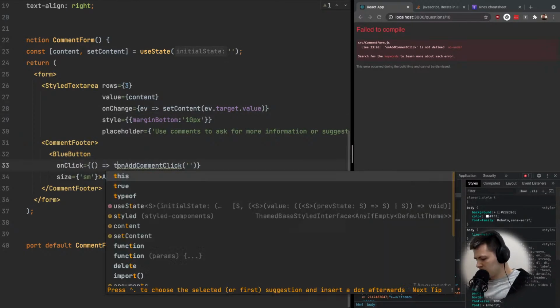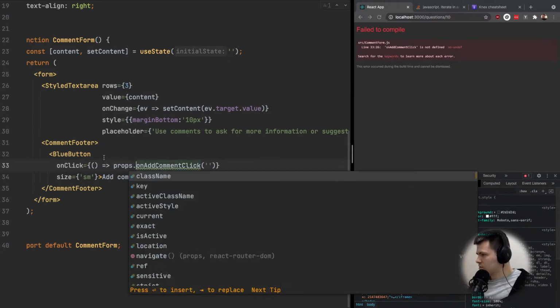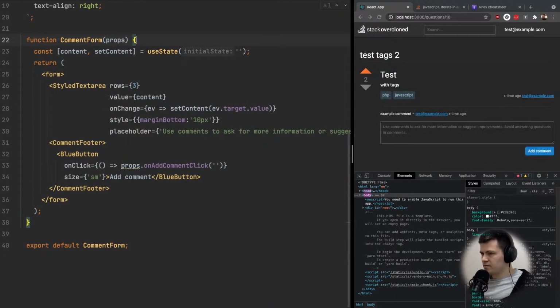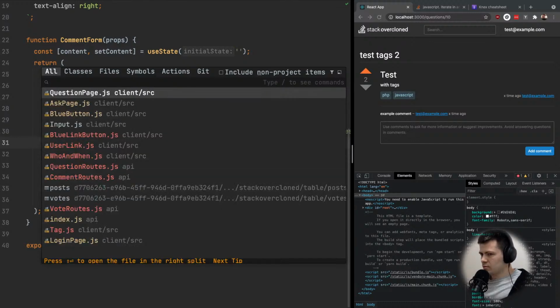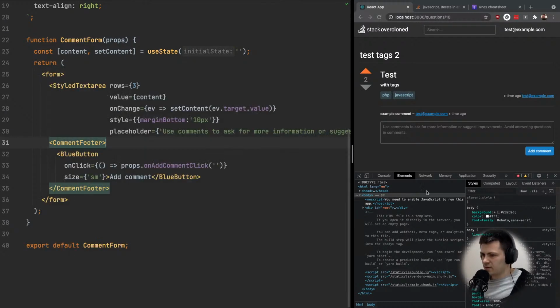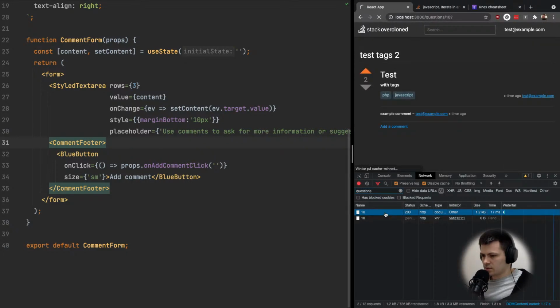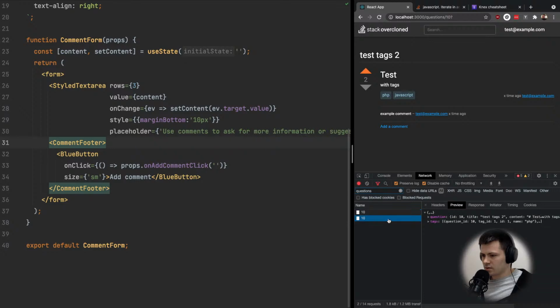And this we get from the props that I guess we don't have defined. Okay. Let's see if we can write something here. Yes, we can. So we can write, we can click, and I think it will send a request. Let's see. Yes, it does. It doesn't work, but